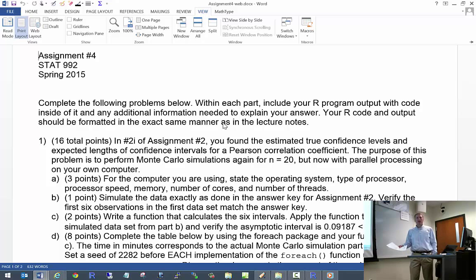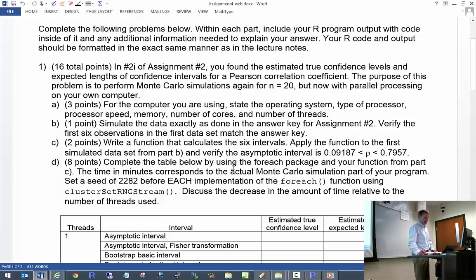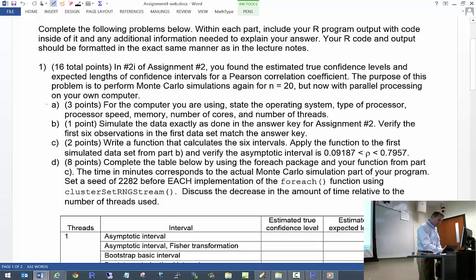So that's why I wanted to make sure that in assignment number 2, when you were finding the true confidence levels for the correlation coefficient, it took some time to complete the calculations, because I knew we were going to investigate those calculations again in the parallel processing section. But to keep it a little bit easier for you, we're just going to do the n = 20 simulations again, not necessarily the n = 100 simulations, which some of you were concerned about with it taking so much time. So, for these same simulations,